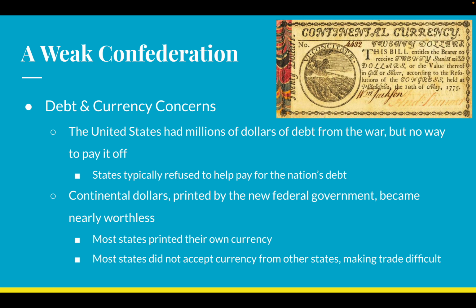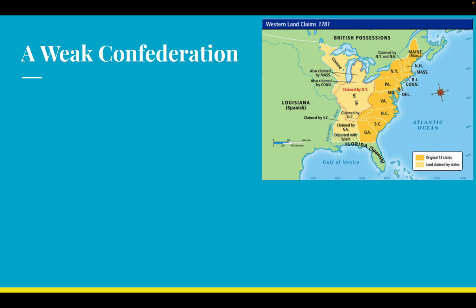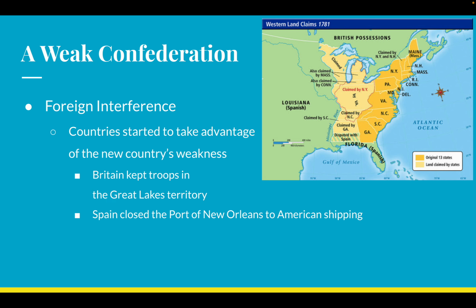So they're not going to worry about it or bother doing it in a lot of cases. And because of this, our economy is going to suffer even more. So a lot of money issues, essentially. That's the trend here. The government's not strong and stable, so the money is not strong and stable, so trade's kind of going to suck during this time period. And because we're dealing with some money issues and some stability issues, other countries are going to start messing with us. They're not going to declare war against us, but they're going to be annoying, so to speak.